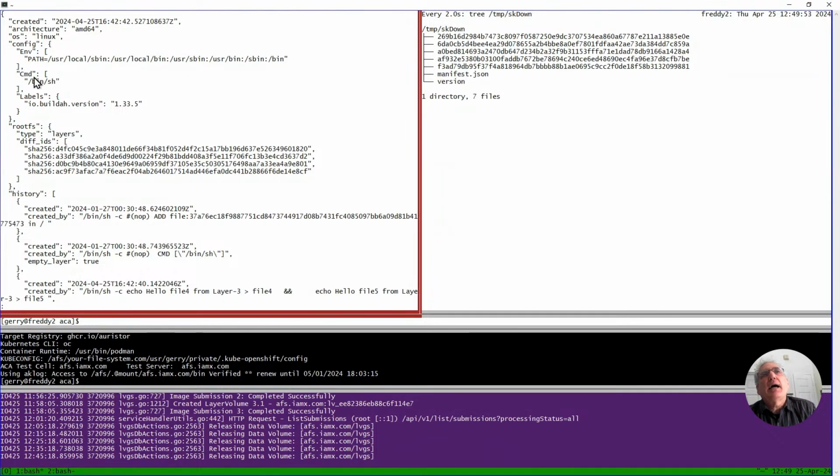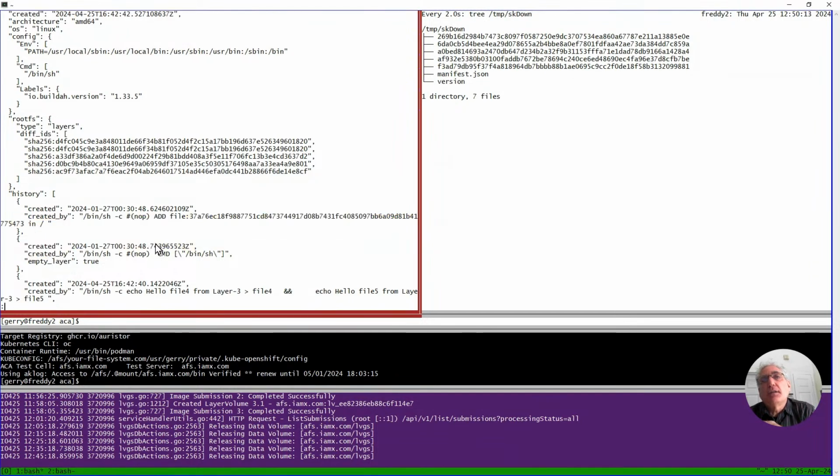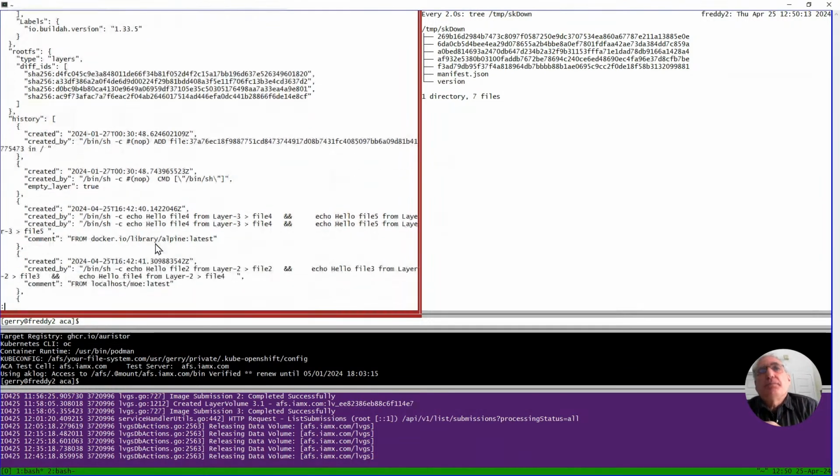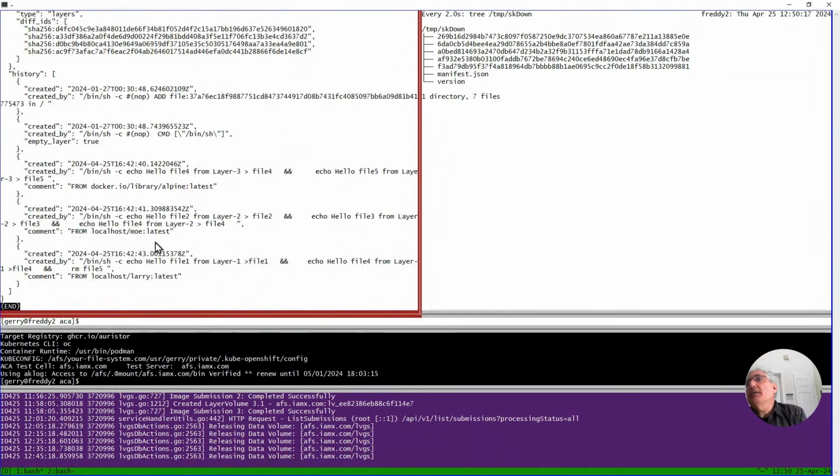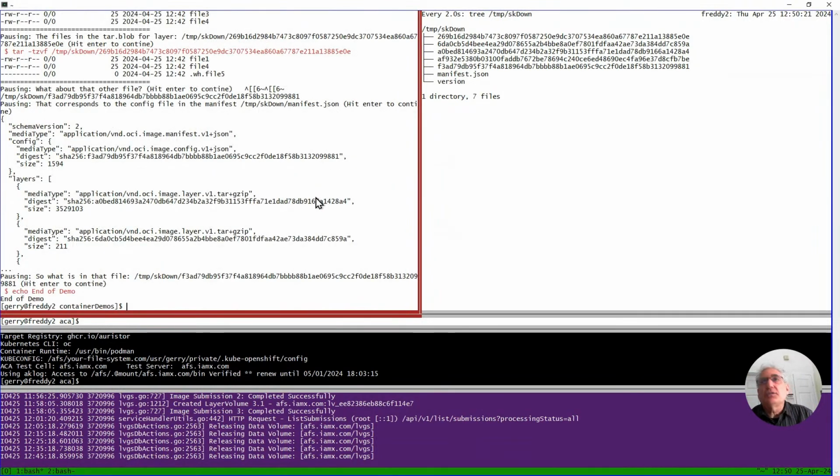And notice that it has the environment variables that were set when that container was built, because you remember I said that you need configuration as well, and it even tells you a history of what were the commands used to generate each of the layers. Okay, got it? So there you go. That's the end of that demo. So now we're masters of how to build the container file system for the container runtime.